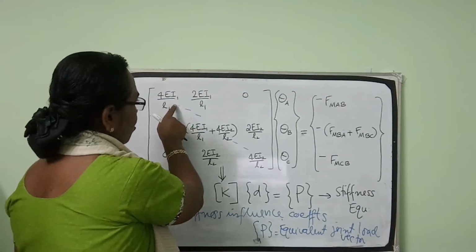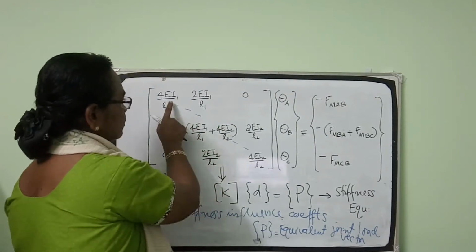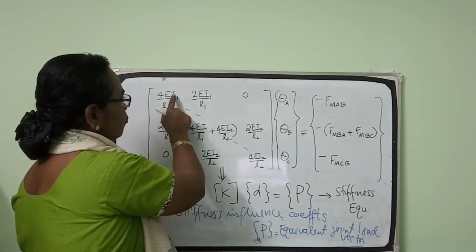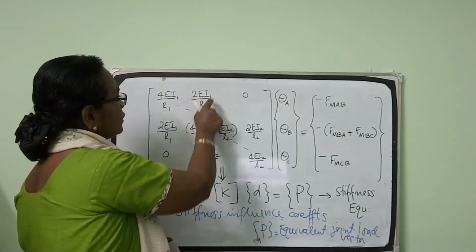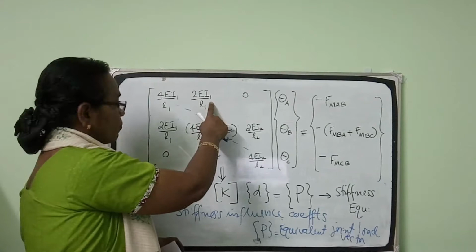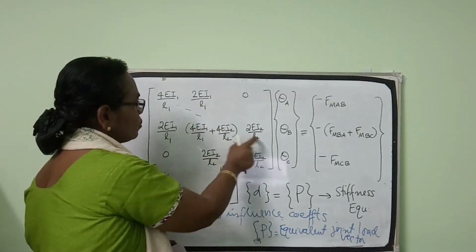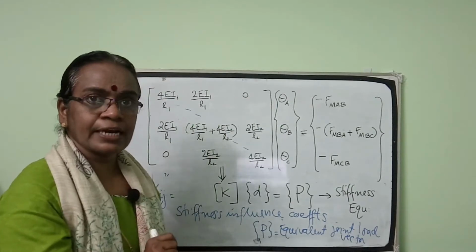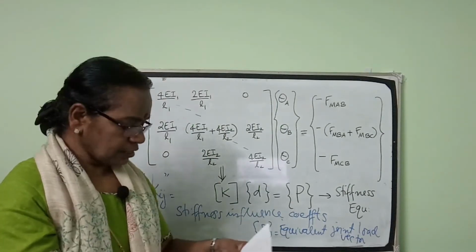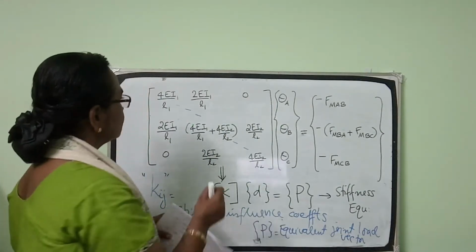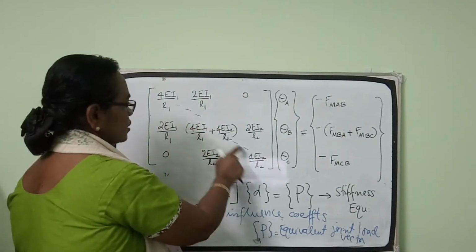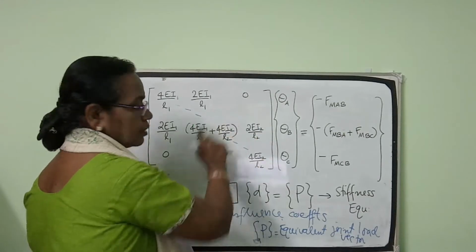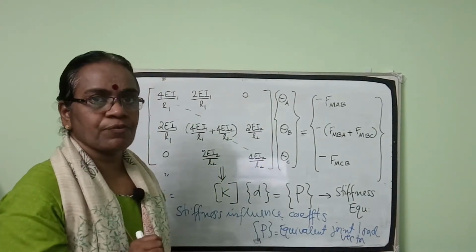Diagonally dominant means all the diagonal terms are comparatively larger when compared to the off diagonal terms. So first row 4a by L1 diagonal term, it is greater than this off diagonal term. In the second row, compared to these two terms, this diagonal term is larger. So it's a diagonally dominant matrix. And the third property is it is symmetric. See, if you consider diagonal, the elements are symmetric. If this is 0, this is 0. Okay. So third property is it is symmetric.